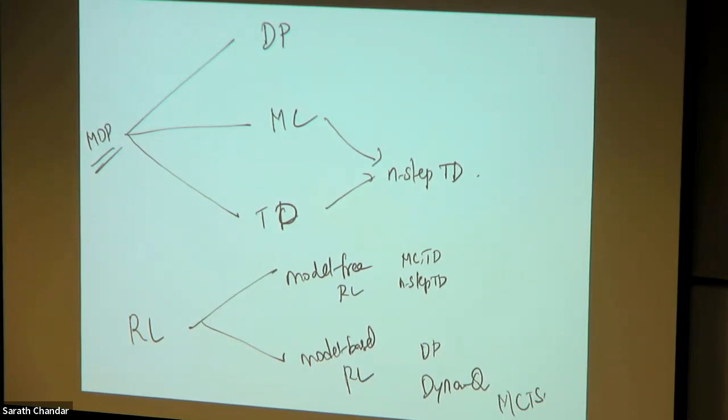There was a question in the chat. What do you mean by sample efficiency? By sample efficiency, I just mean a lesser number of interactions with the world. Any other questions? Policy gradient methods also have more convergence guarantees compared to... Okay, I will come to that. That requires us to talk about function approximation.